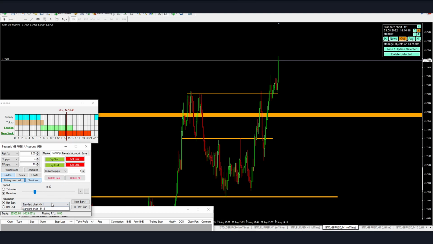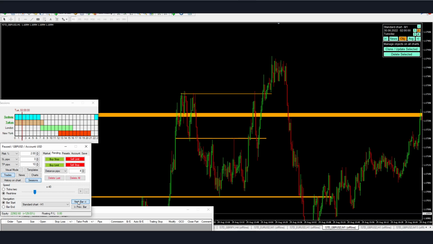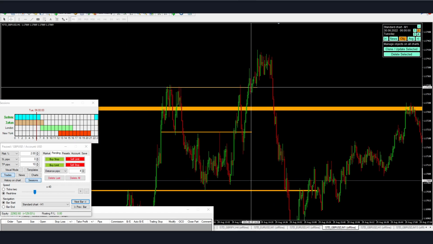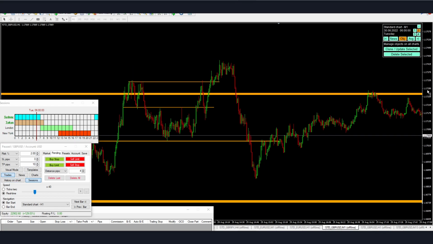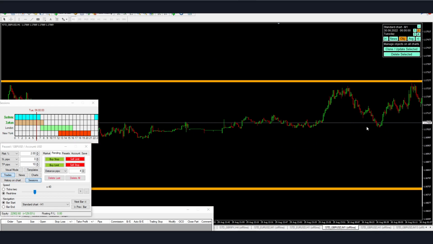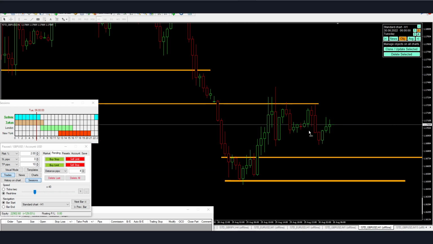So now let's continue and move on into the next pre-London. So this is, you can see, this is the following day pre-London session. You can see how after our TP price ranged and then pushed down. You can see how it failed to hold bullish. Now let's see on the hourly chart how this